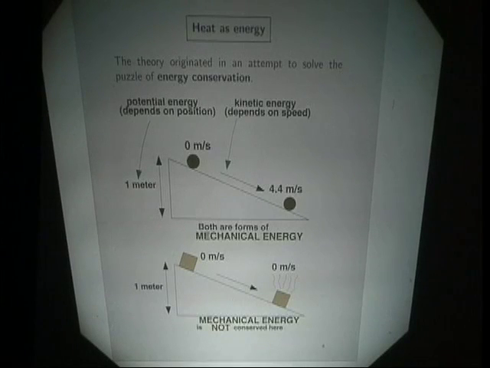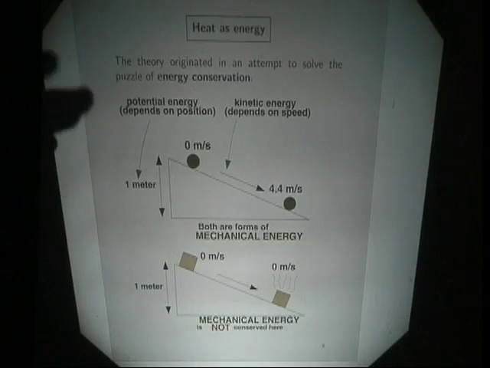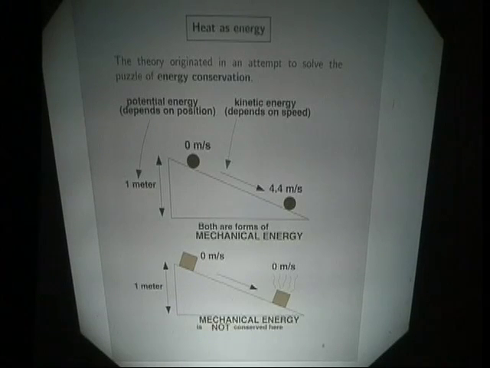So the way you can see this is by noting that in processes like the ones which Newton studied to develop his mechanical laws, the energy of a ball rolling down a ramp is conserved if you count its energy properly. A potential piece, which depends on the position, and a kinetic piece, which depends on the speed at which the ball is rolling. Both of those forms of mechanical energy, the sum total of those two, is conserved in processes like the one Newton studied. But there's a much more common and familiar set of processes where mechanical energy is not conserved.